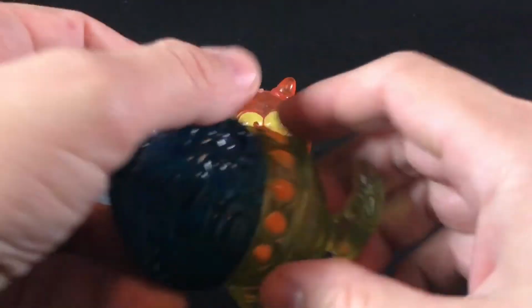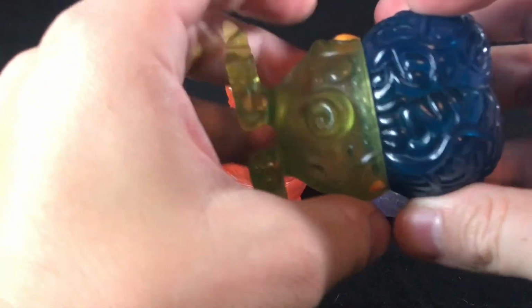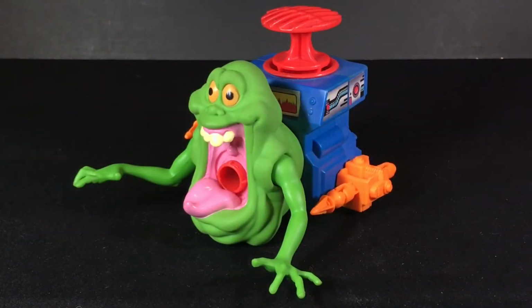Now, a little bit later, we're going to take a look and see how these guys use their action features with the Ecto Plazm. But first, we're going to look at the Green Ghost Gooper Ghost, or as I'd like to call him,